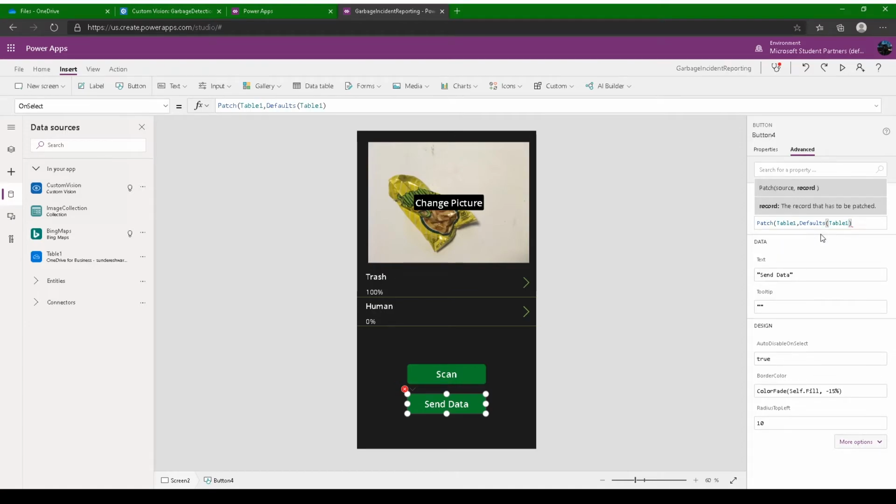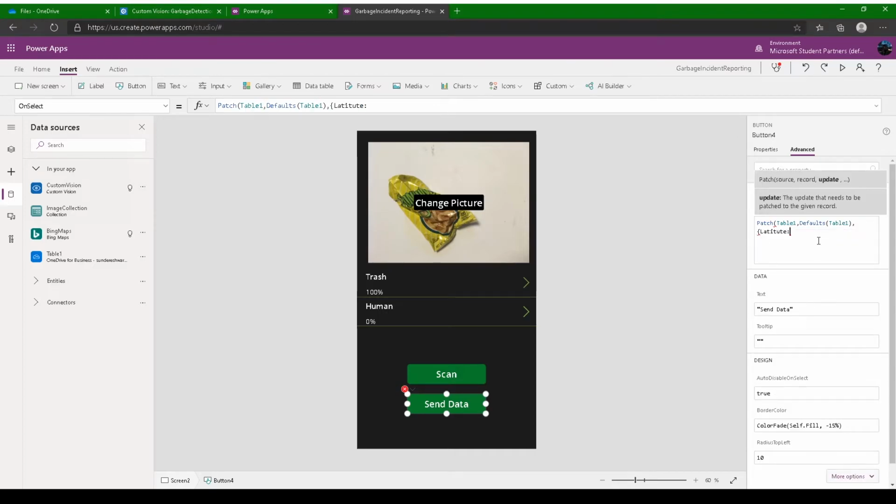close the bracket. Then we need to insert the values into the table. First you need the curly braces, and it automatically goes to the table, and click this.